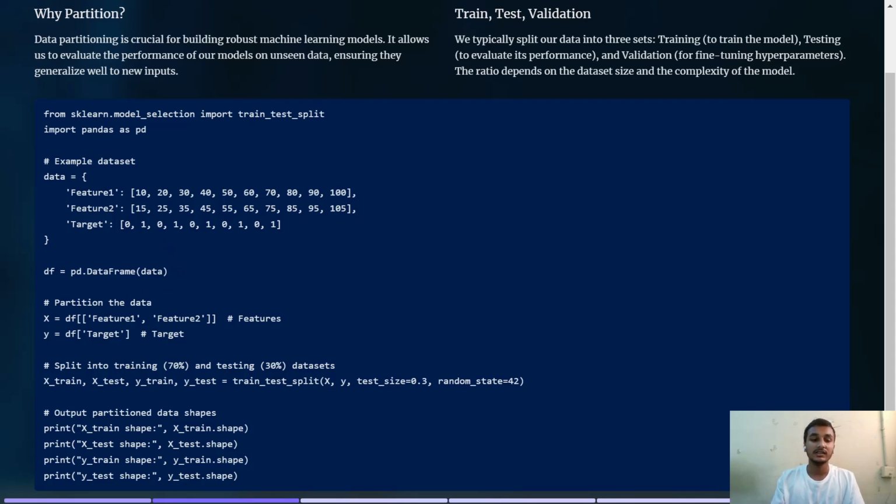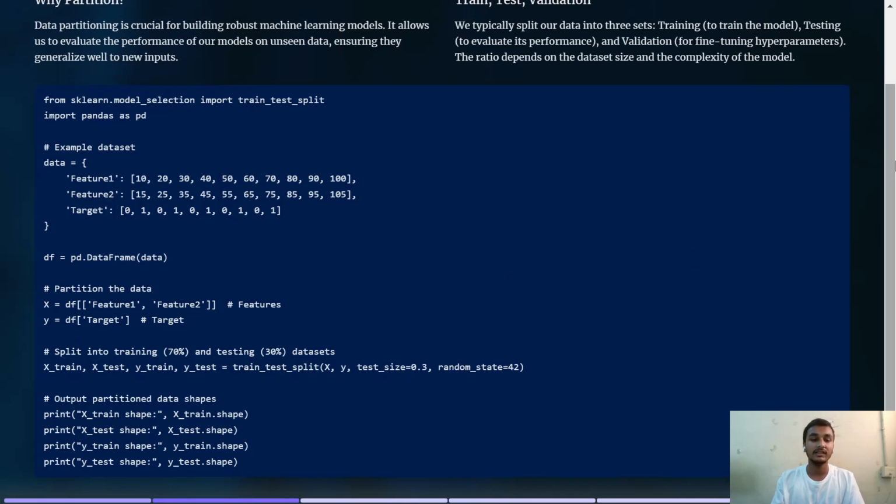And then we are partitioning the data into X, which are the features, and y, which is the target variable. Features are feature 1 and feature 2. And then we are splitting the training and testing datasets using X_train, X_test, y_train, y_test. These are the variable names. In train_test_split we pass the X and y as it is, and